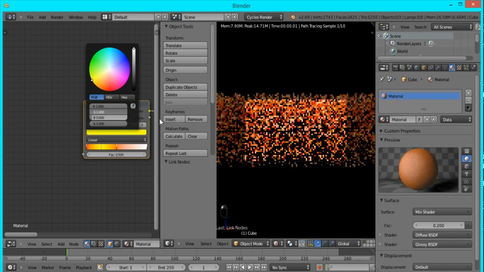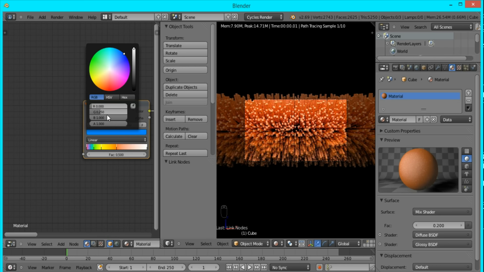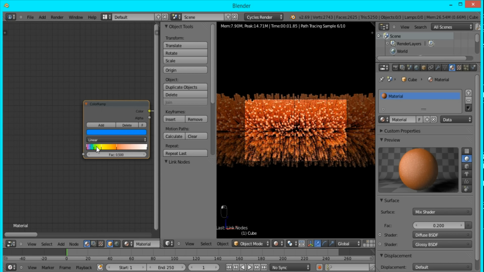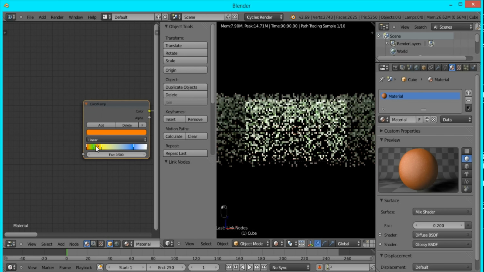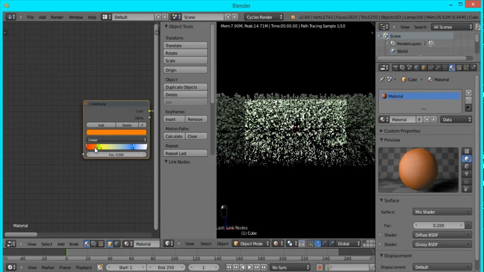It doesn't really have to follow any specific pattern, it's just your liking, because you should try to create your own special image or whatever you like. So I'm just using these standard colors,